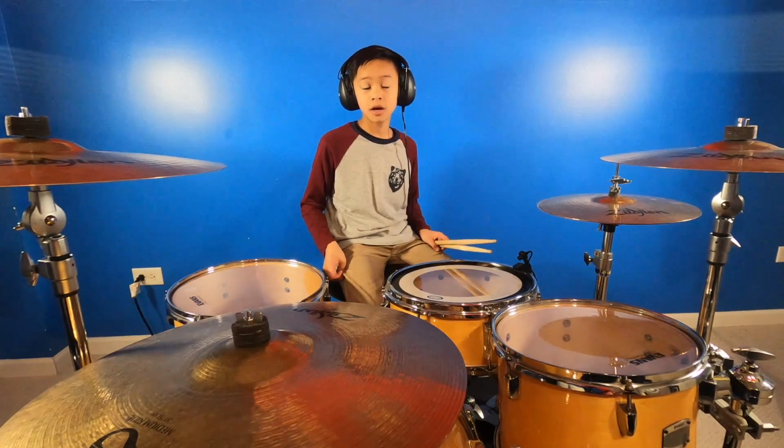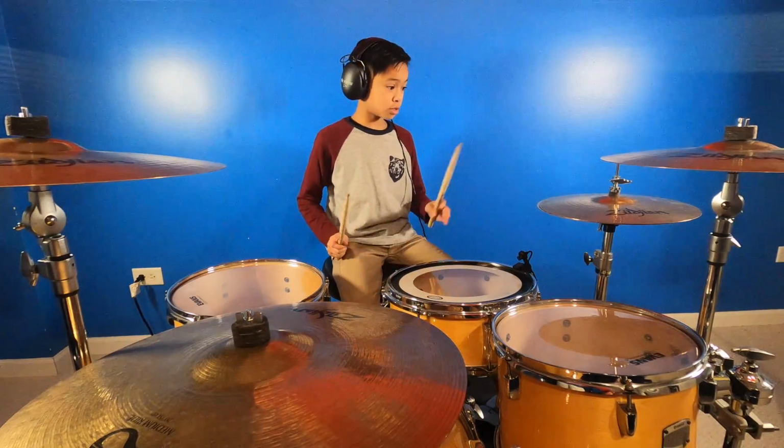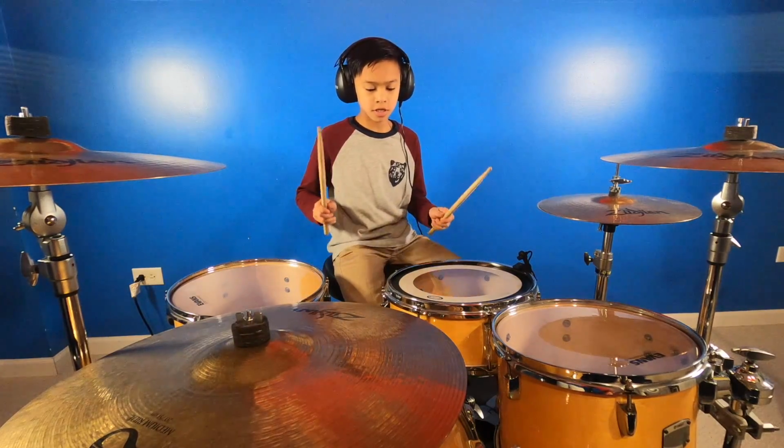Before I move on to the chorus beat, I'm going to briefly show you the fill that goes into those 2 variations. The fill up to speed sounds like this. How I'm playing that